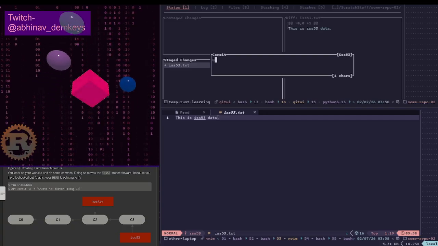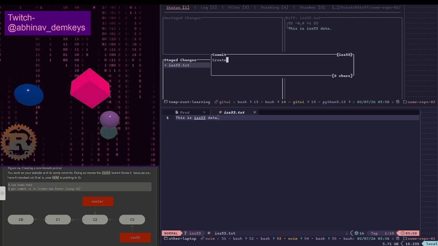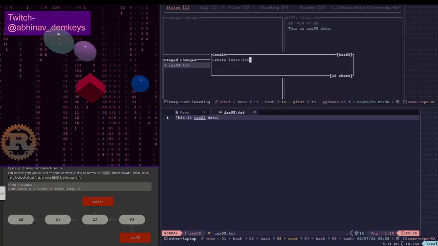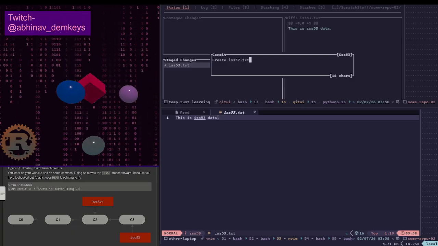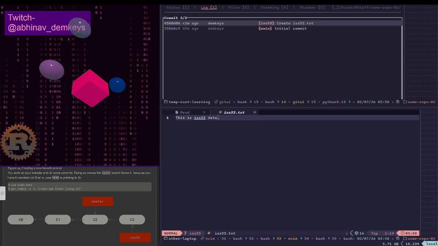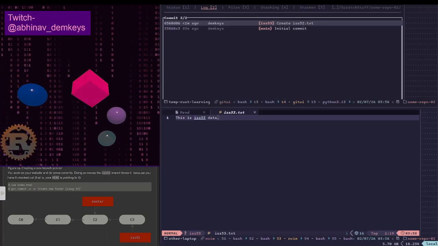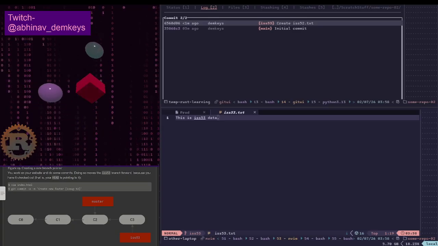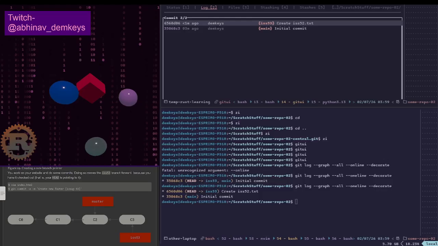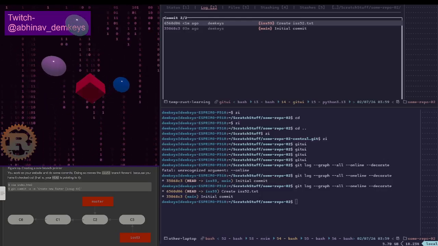Oh, yeah, I could just say create ISS53.txt. That's done. Okay. So that's what our thing looks like now. If we look at the graph, right, so we are one commit ahead on ISS 53 than main.